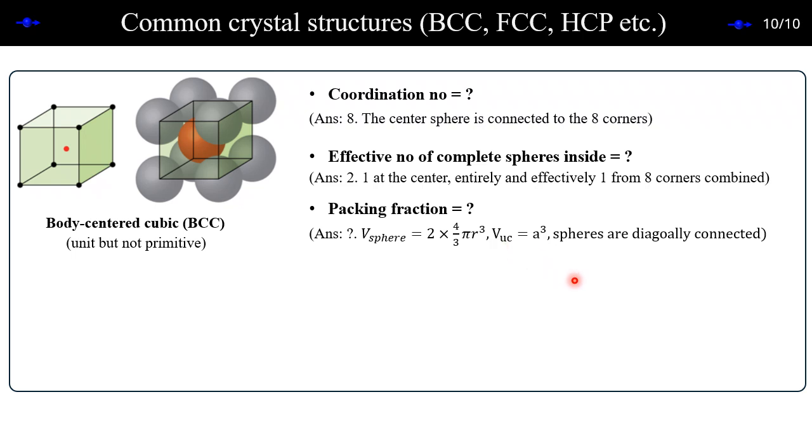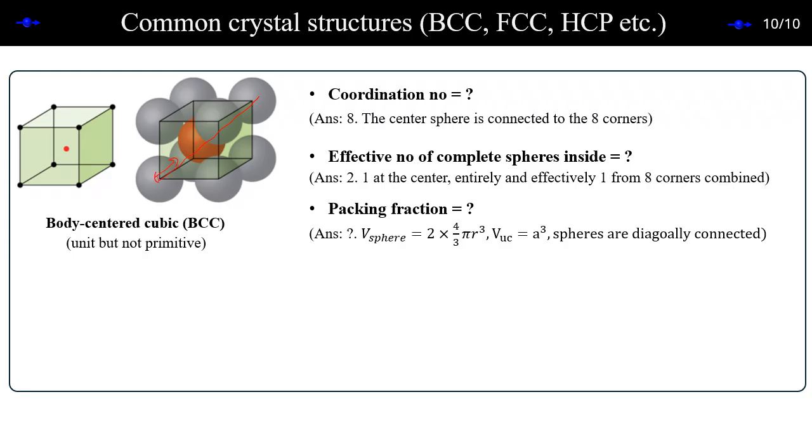You need to find the relation between R and A. Previously it was very simple, A equals 2R. Now you need to consider this diagonal, 4R equals